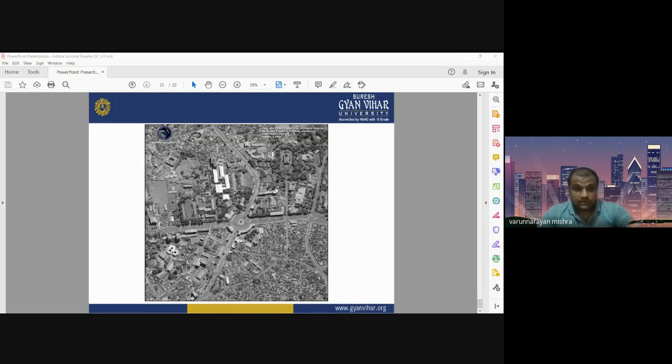You should also remember the date of launch of each satellite, the spatial resolution, and the spectral resolution of each satellite. Okay. So this is all about the application of high resolution images in urban planning.